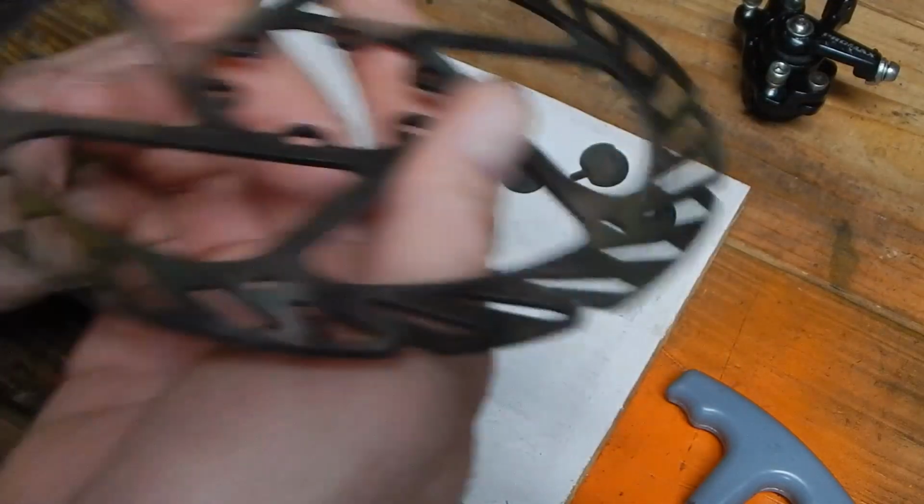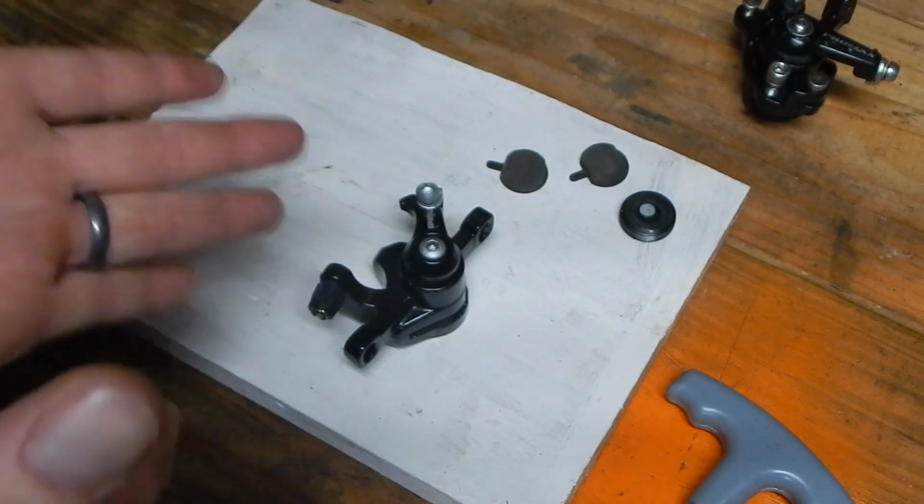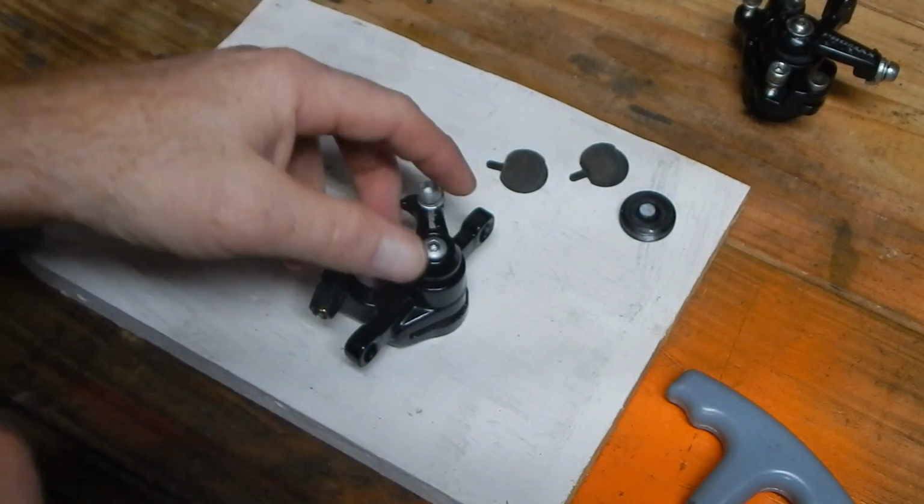And that is exactly how it works. It flexes the rotor a little bit, and by doing so, you get both pads contacting. There's